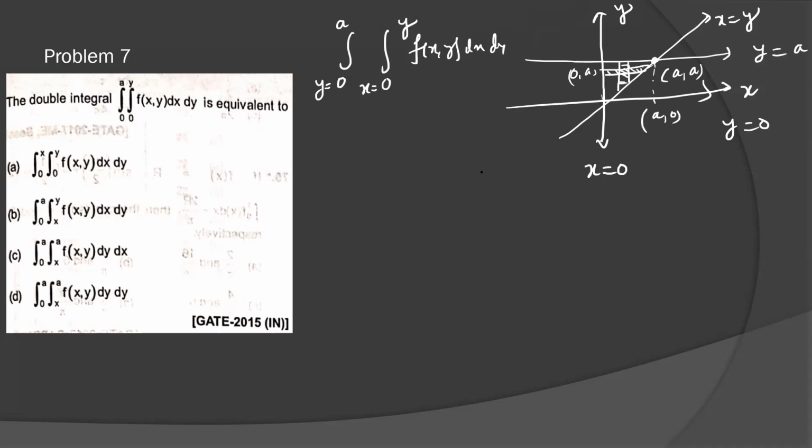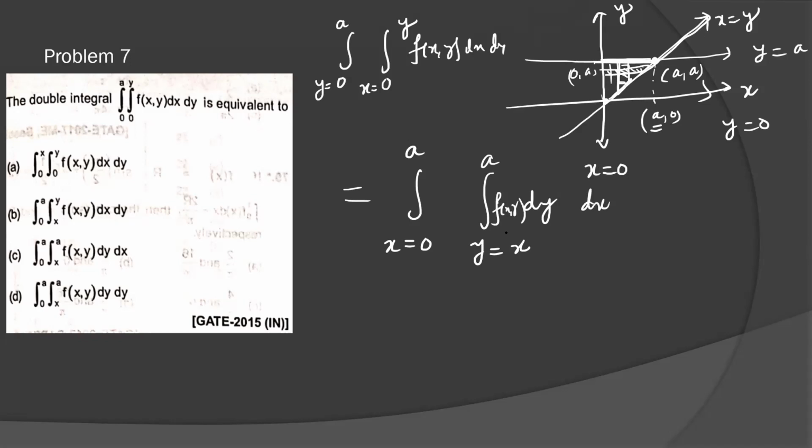Now in this boundary region, if you draw the strip parallel to the y-axis, it means you have to take the limit as a constant. So x will be from 0 to a, because x is 0 here and goes up to a. What will be the y? Y is from the lower tail, which is coming from the line y equal to x, and the head of this strip is coming from the line y equal to a. This will be dy dx. The inside function is f(x,y) dy dx. So this is the change of the integration. I think the third option is correct. You can see that. C option is correct.